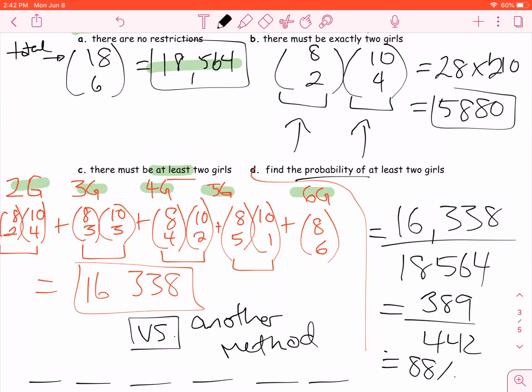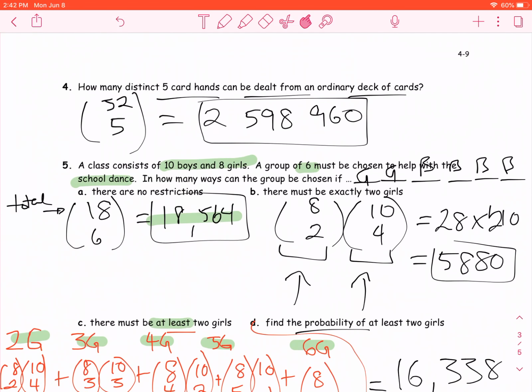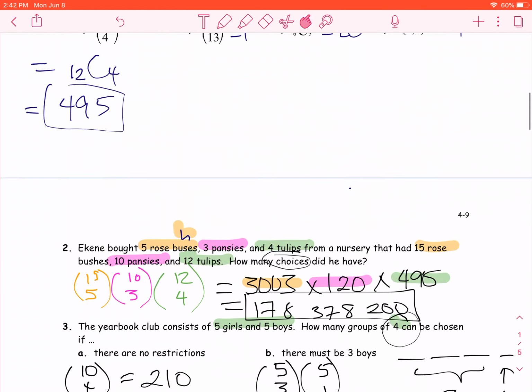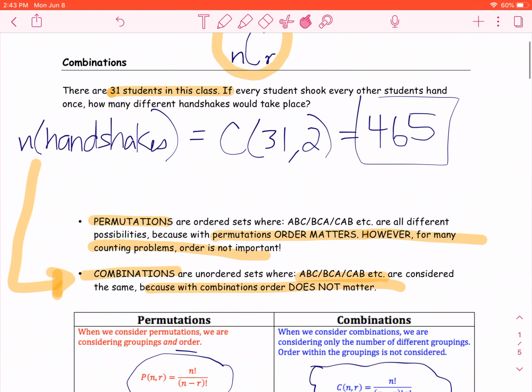Okay, so again, with combinations, as you can see, the ordering did not matter. What was more of a focus was considering situations including girls from boys, different ways that you can arrange a card deck, flowers from a nursery, and so forth. Okay, so this is